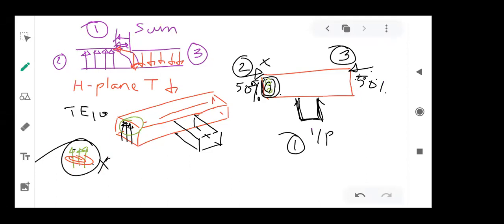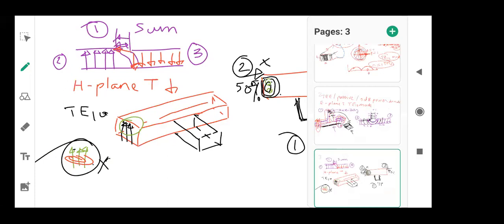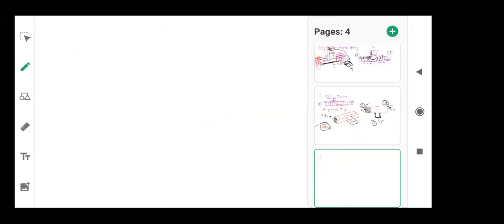Okay, and whichever device we are going to discuss, all are mode dependent and they are going to work for T10 mode. So if we change the mode, then the performance of the device will change. Now we are going to move to the combination of E-plane and H-plane, that is called Magic T. So today we are going to talk about Magic T.